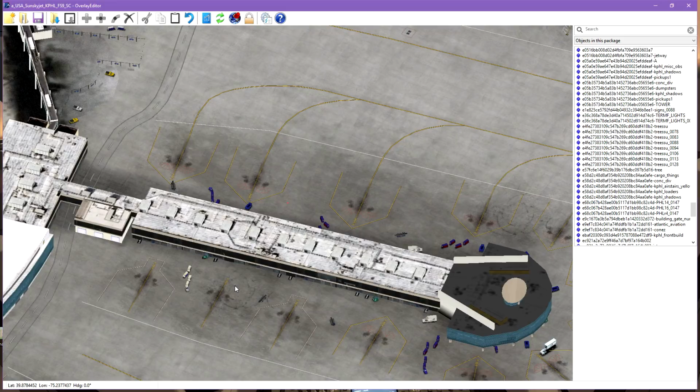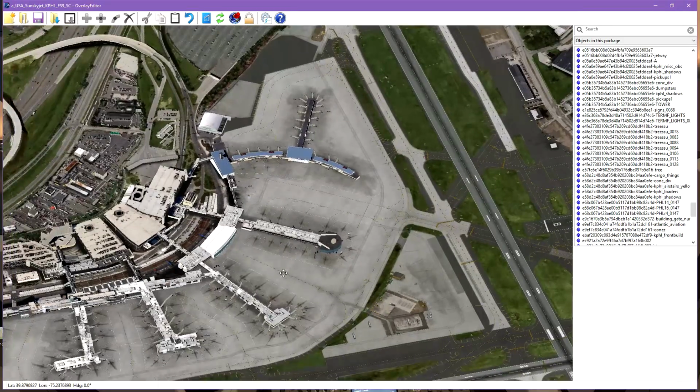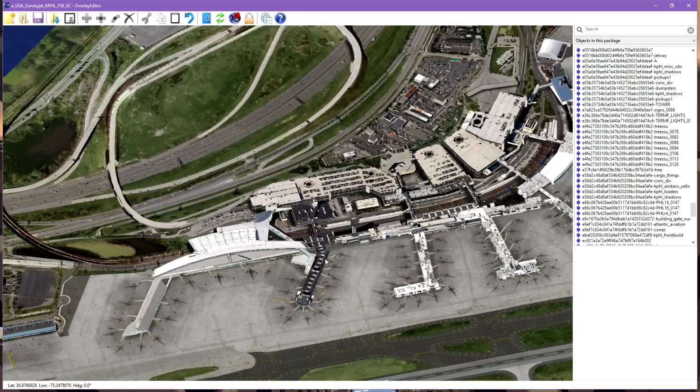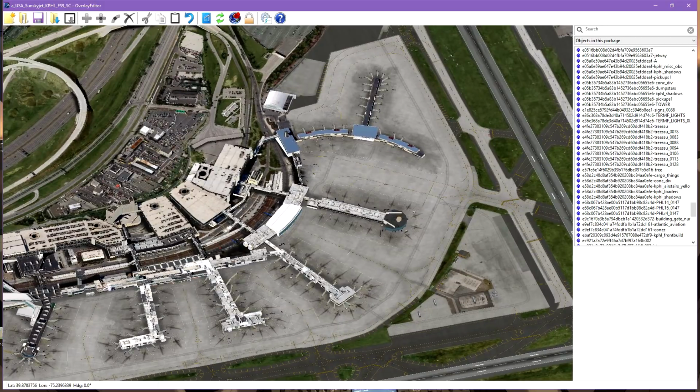And then we'll show you what those look like in the final product. And then probably over the weekend, I will finish this terminal and probably get the rest of these knocked out, maybe. It's very time-consuming because this is such a large airport with a lot of gates. That's why you'll see in a lot of even payware, not all the gates are Autogate. A lot of them are static, and